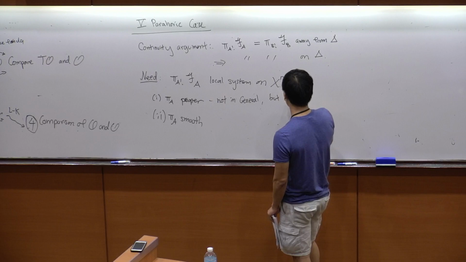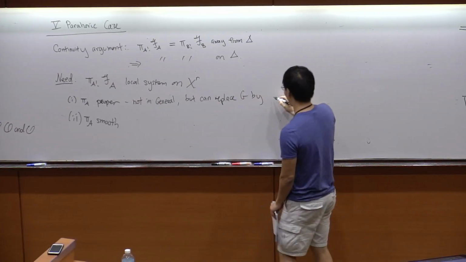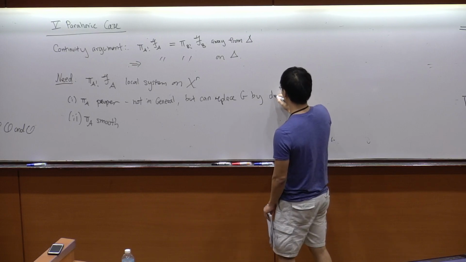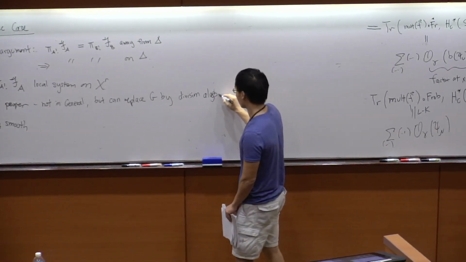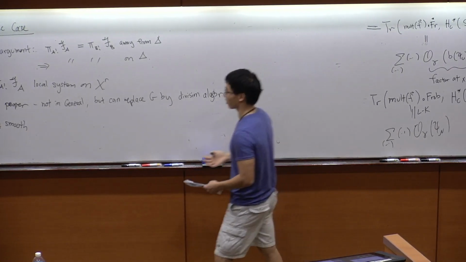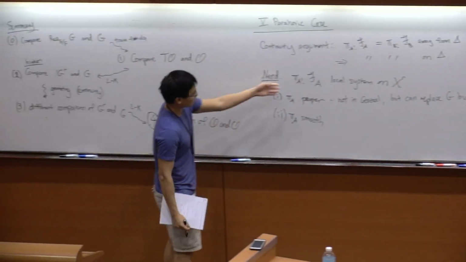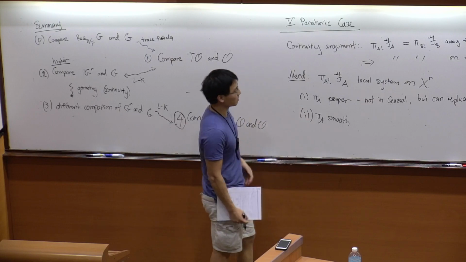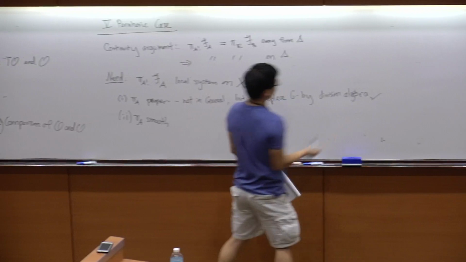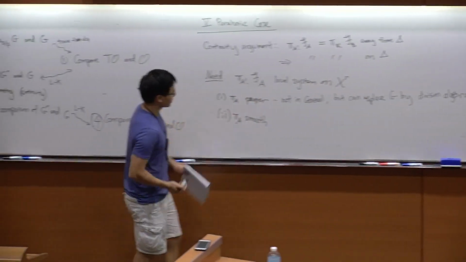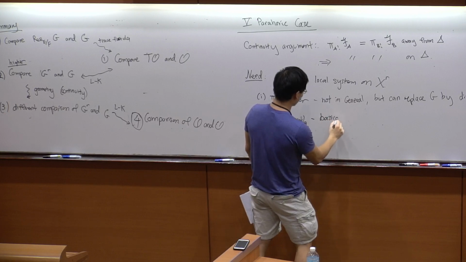We can replace G by a highly ramified division algebra. What I mean is that you replace it by the group of units of a sufficiently ramified division algebra, and that would make things proper. The analog of the statement is maybe a little more familiar in the classical setting. So this is okay in both the spherical and parahoric situations. What about the smoothness? It's not literally true, but it's basically true